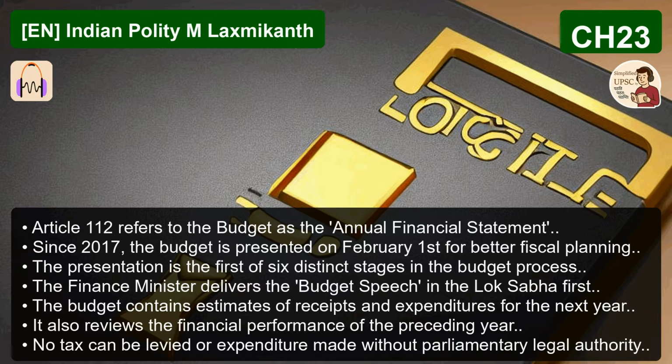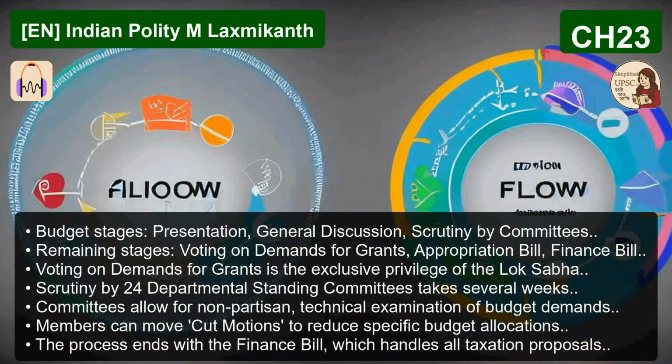And the whip. The mechanism for party discipline we talked about with defection. Where is that mentioned? The office of the whip is probably the most powerful convention-based office. It's mentioned nowhere. Not in the Constitution, not in the rules of the House. It is purely based on the conventions of the parliamentary government. So the power to discipline members for defying the whip comes entirely from party convention, but has huge consequences because of the 10th schedule. Precisely. A powerful, non-constitutional tool of political control.